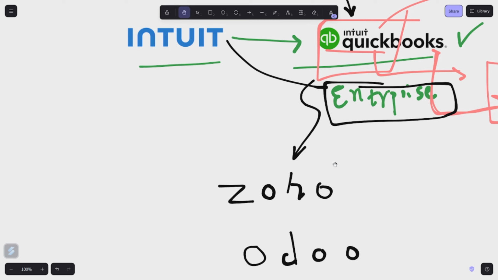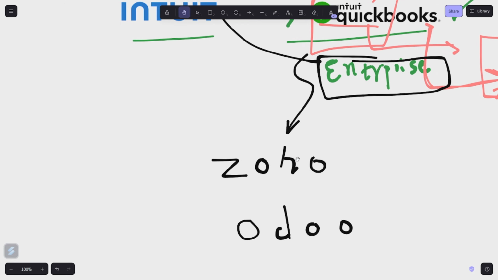Zoho Books is a really good starting point for small businesses because A, it's free, and B, it is really convenient to use. If I want to send an invoice, I'll just enter the details and send the invoice. Zoho will create emails for me, it will take follow-ups for me, it will do everything that I need to do.